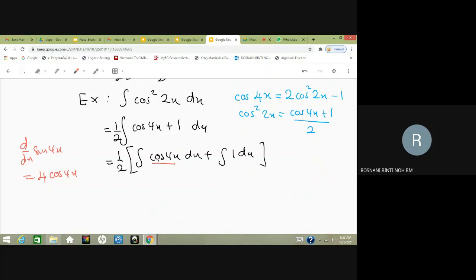Here you have cos 4x already, but you lack the 4. So multiply by 4 here, and 1 over 4. I split the integration already. So 1 over 2 and 1 over 4, integrate 4 cos 4x will give you sine 4x. So sine 4x plus integrate 1 is x plus